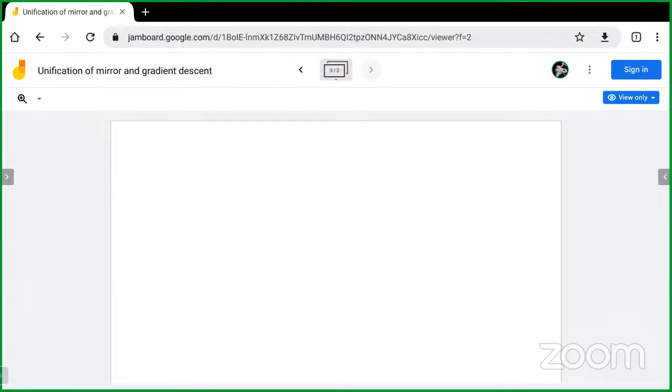That's all that matters really. So we prove the main lemma of mirror descent once again. I want to show that if x_k plus 1 is